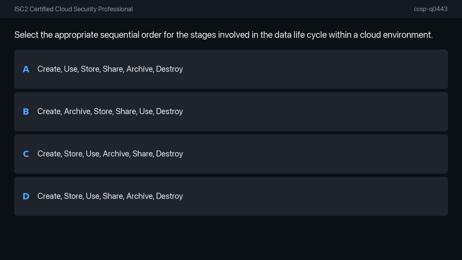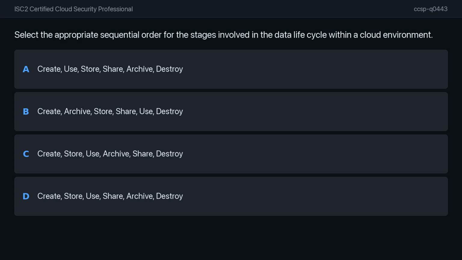Then, after we've shared the data, we typically want to use it again, so that leaves us with options A. But option B tells us to destroy it, which is a final stage. And finally, the last stage is generally destruction, so that leaves us with option A. But option B tells us to archive it, which is a later stage. Now, we can also think about the process logically. We create the data, we store it, we use it, we share it, we archive it, and finally,